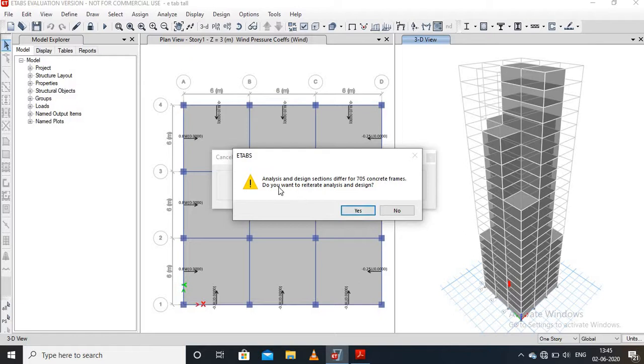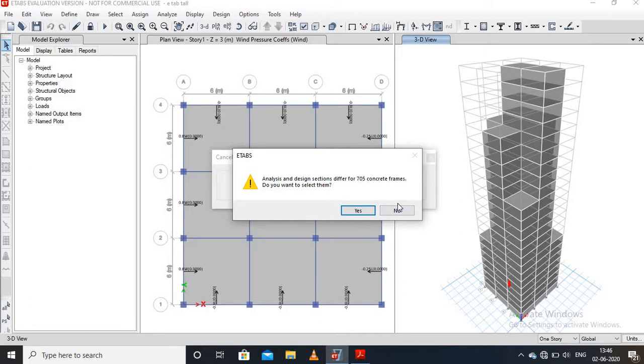It is showing that analysis and design section differ for 705 concrete frame. Therefore, it is showing some problem is occurring. It is because ETABS software initially used the smallest section for the design, but there is no problem because ETABS software automatically uses the most efficient section.